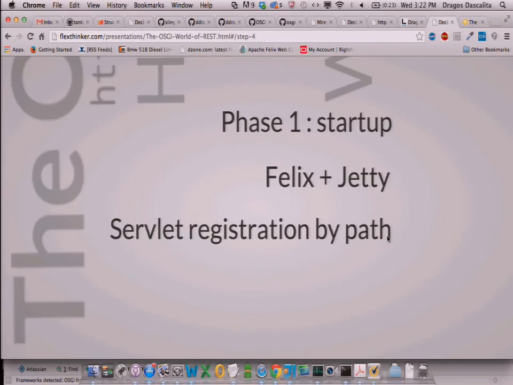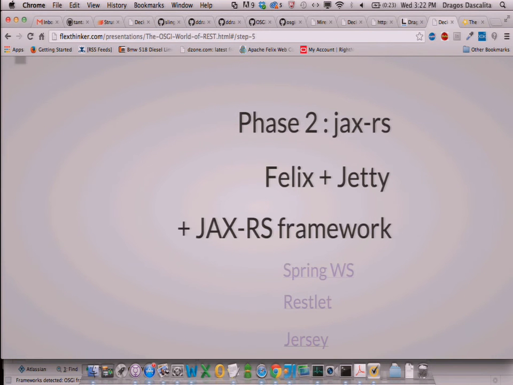So initially, my first service was returning JSON responses written manually. This was just to have a simple start and to prove that I can actually have a simple, very lightweight runtime that can return some JSON or XML. Actually, the first time, it wasn't XML at all. In phase two,